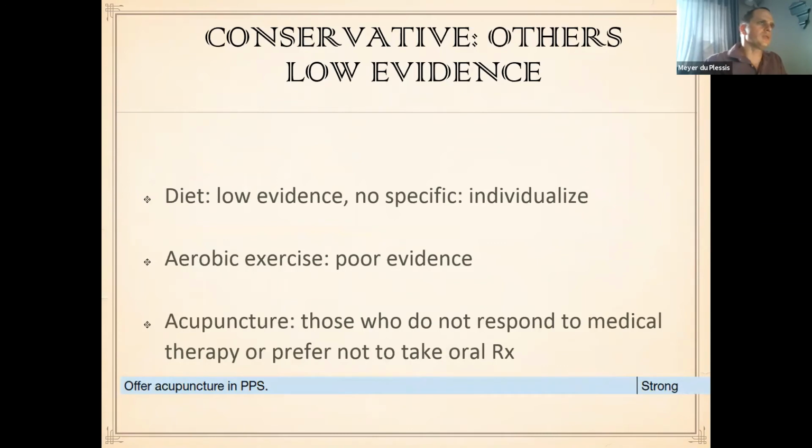Other conservative measures that has been proven in meta-analysis to have low evidence is diet, but the patient can obviously try this, and the patient can individualize and tailor-make it to themselves, but there's no specific diet that does have a different outcome. Aerobic exercise, everybody will advise a healthy lifestyle, but there's poor evidence for this specifically to improve